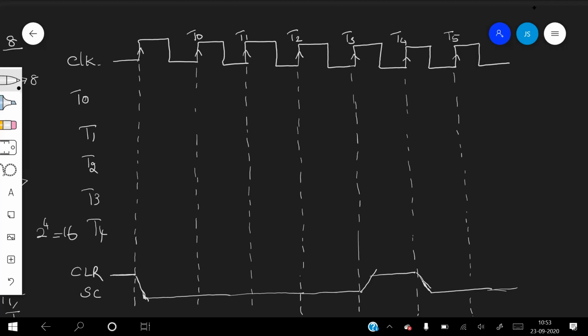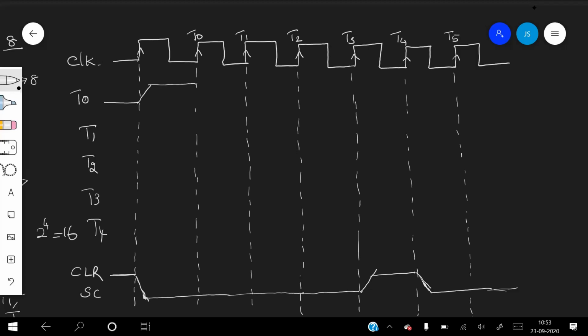So here at this point, at the beginning of this first cycle, it finds that the CLR input is active, which means the sequence counter needs to be cleared and the timing signal T0 is generated.